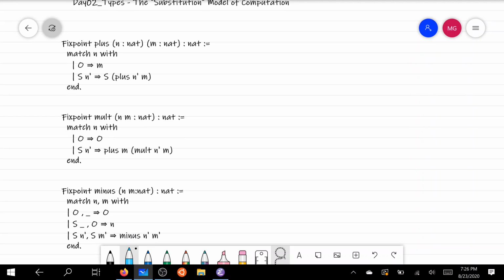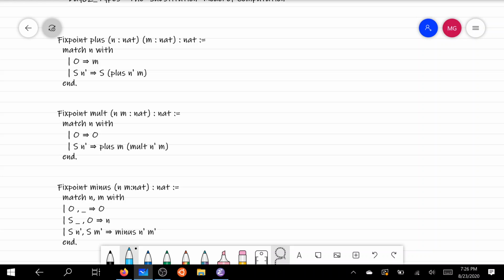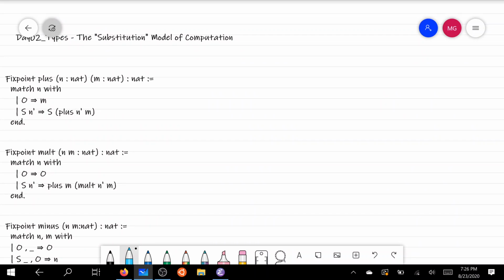So I've written down 3 functions that we're going to talk about: plus, mult, and minus. Okay, cool. So that's what we're going to take a look at. I've got a couple of examples I'd like to write down. So let's start with plus. The first example I'd like to look at is plus